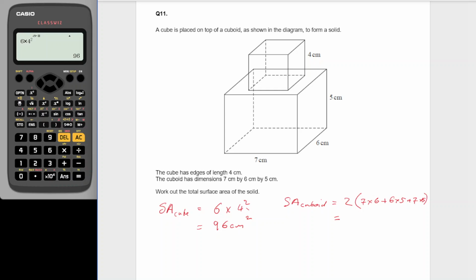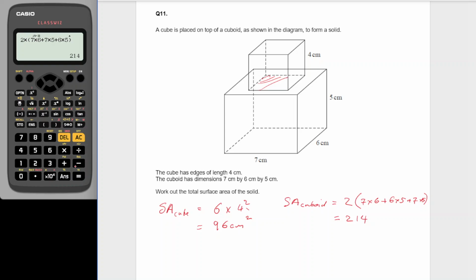So that's going to be 2 lots of 7 times 6 plus 7 times 5 plus 6 times 5. So that's covered them all, although it's a different order than I wrote it in there. So we've got 214. So the total surface area of this is going to be,